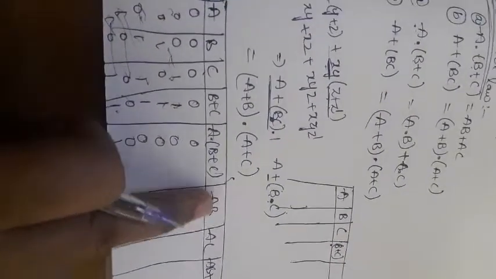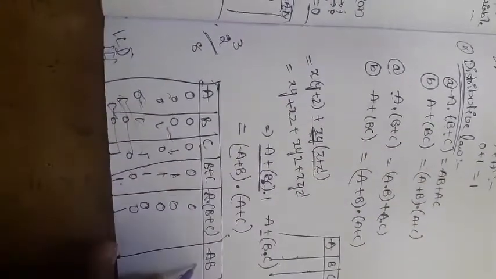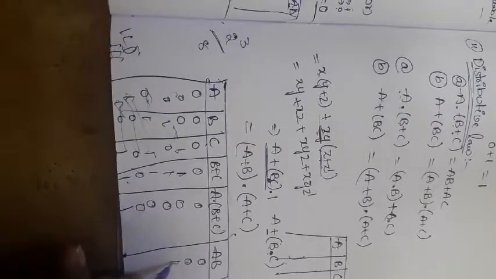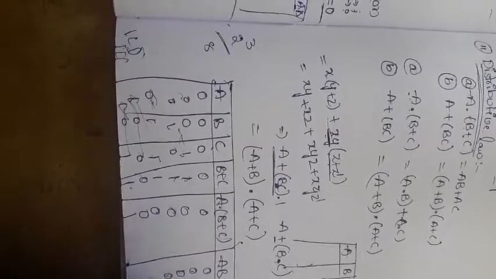Now coming to the RHS part, that is nothing but AB, and another part is AC, and the final part is adding these two, AB plus AC. Okay, so what does AB mean? We need to multiply A and B. That means by using the AND rule we can simplify this AB. So AB means 0 into 0, 0, 0 into 0, 0, 0 into 1, 0, 0 into 1, 0, 1 into 0, 0, 1 into 0, 0. So you need to multiply these two values for AB.